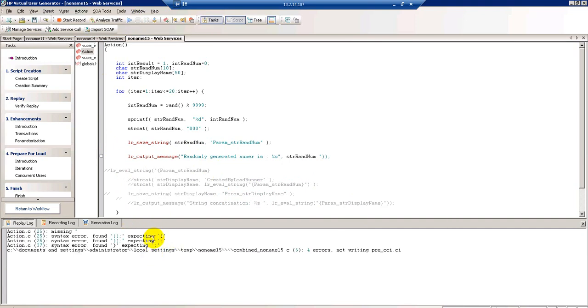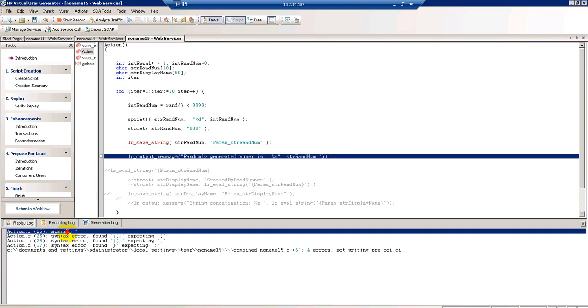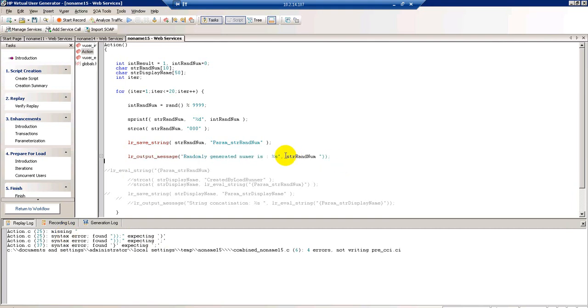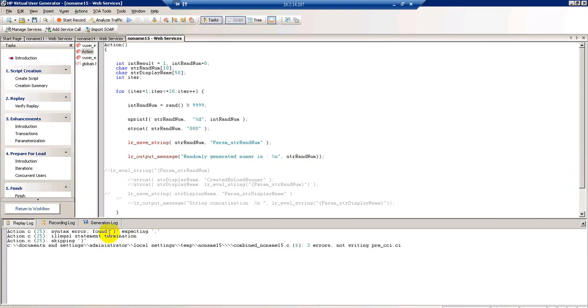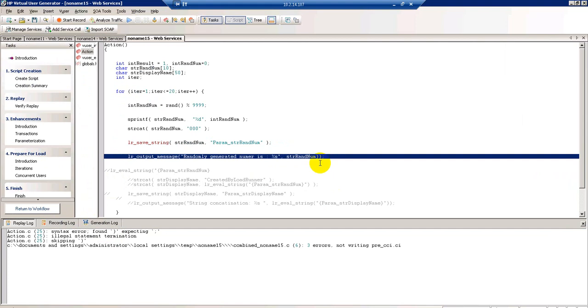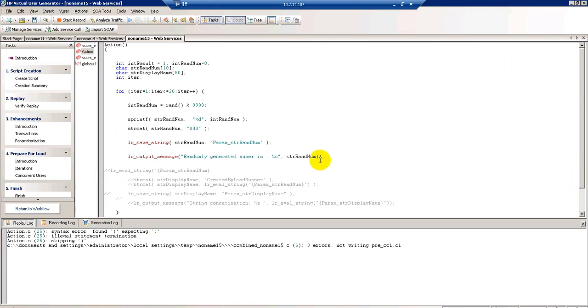So somewhere I missed the double quotes. Here. I think I don't need these double quotes. So these are the errors you fix along the way. Now there is something at line 25. I missed brackets. So I'm using some extra bracket here. I'm using an extra bracket, that's why it's throwing an error message.